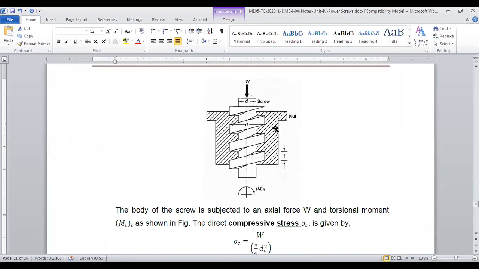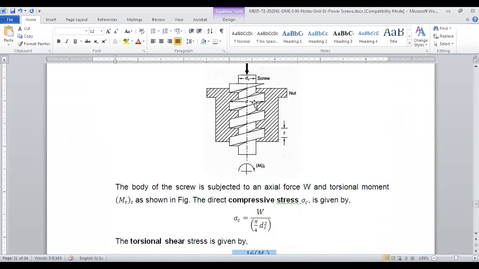I will just increase the size. So this part will shear. Your threads will come down and you will see that the screw will look like a rod. It will look like a cylinder. Are you getting my point? So we have to see what is the area which is avoiding this shear. If you see, the perimeter here is pi dc into T. Are you getting my point?